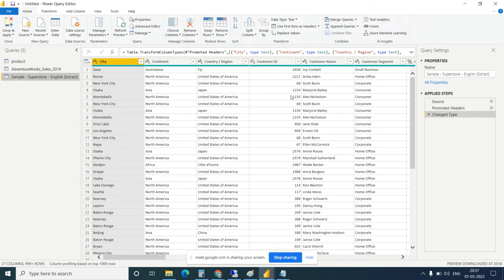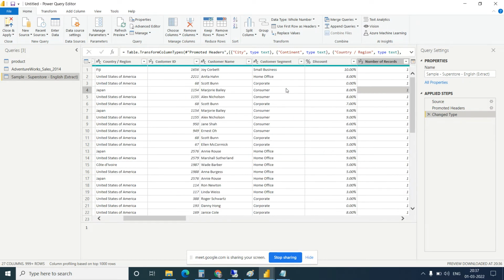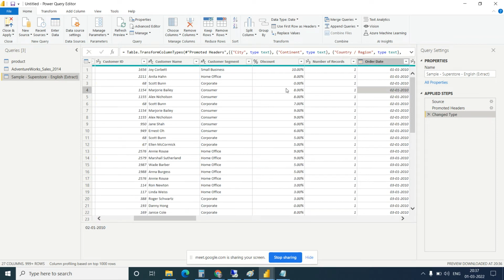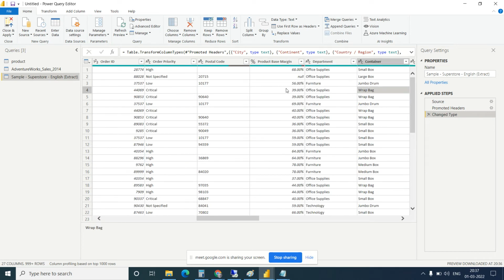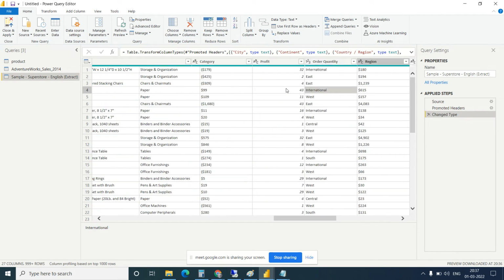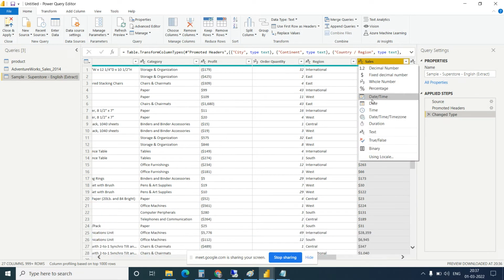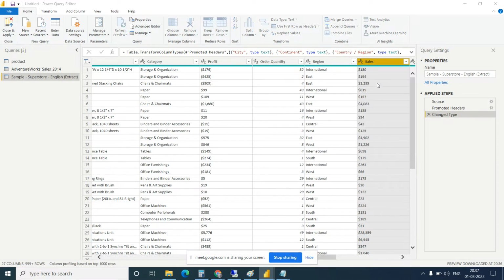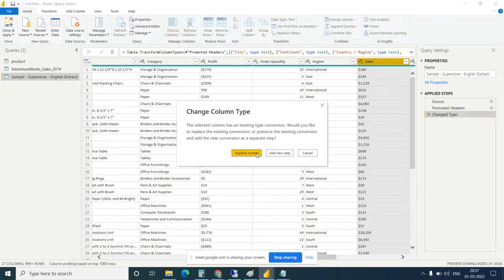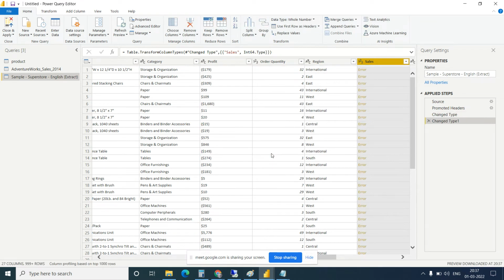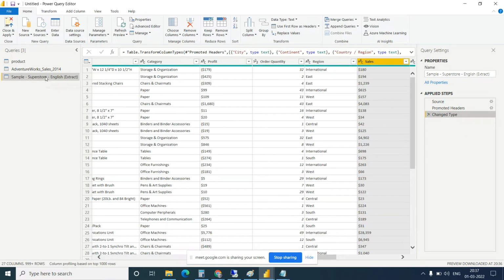Okay, in the sales data there is profit, there is sales data also. But in the sales, I don't see that it will work. This data is not good.